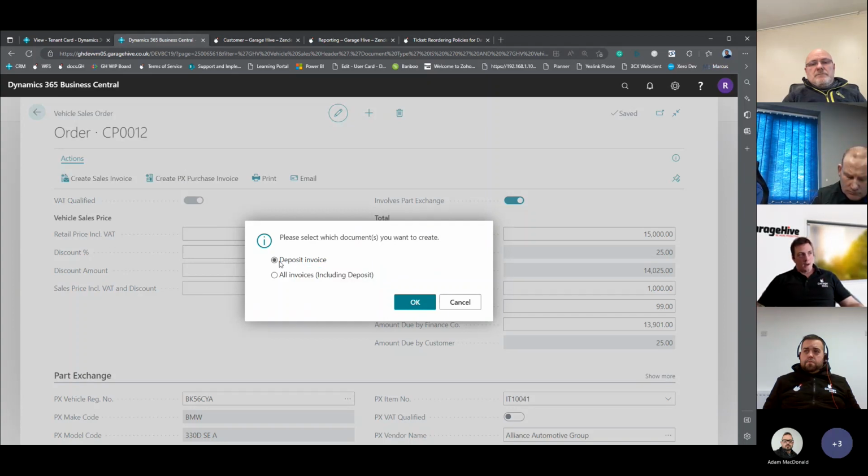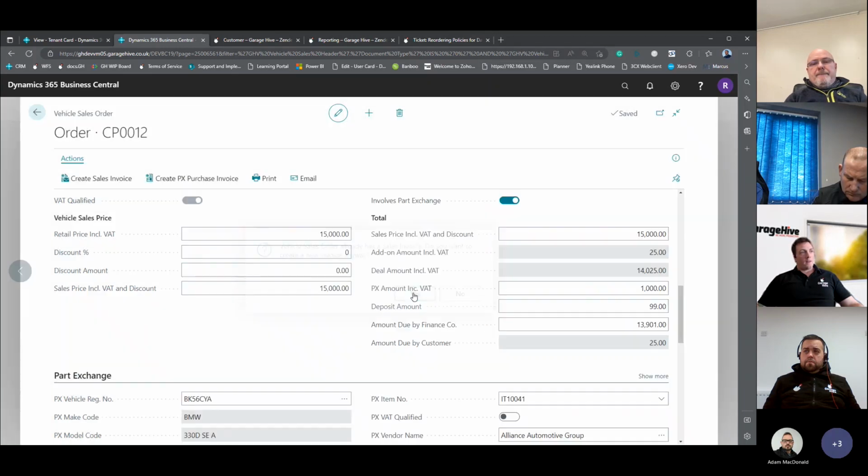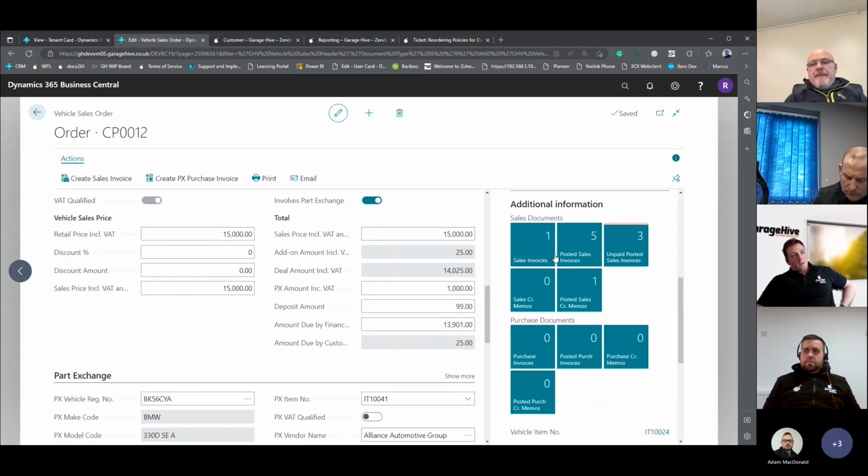So in this case, I want a holding deposit because he's not coming to pick it up till next week. So I'll click OK. That warning's because we've already worked on this before. So in the fact box now, we can see we have one sales invoice. But please ignore these tiles. In normal operation, everything would be zero because you'd only sell this item once, so it would all be virginalized. So if we open that sales invoice,